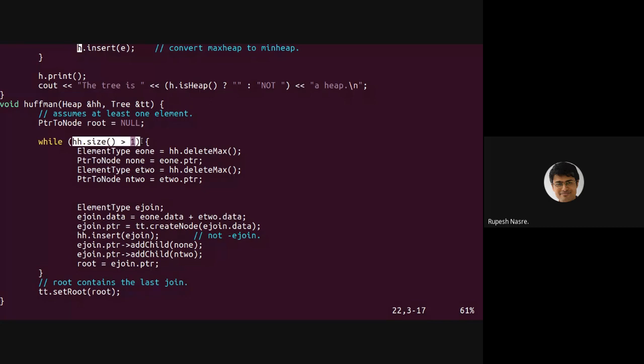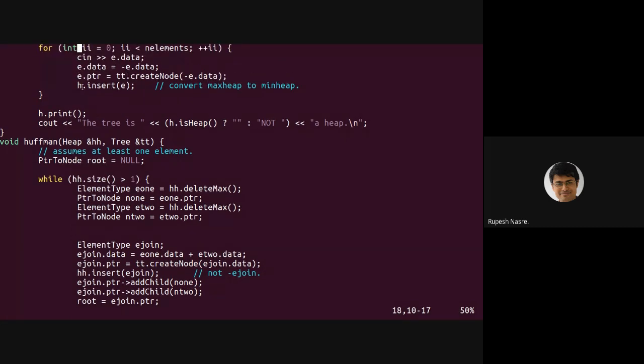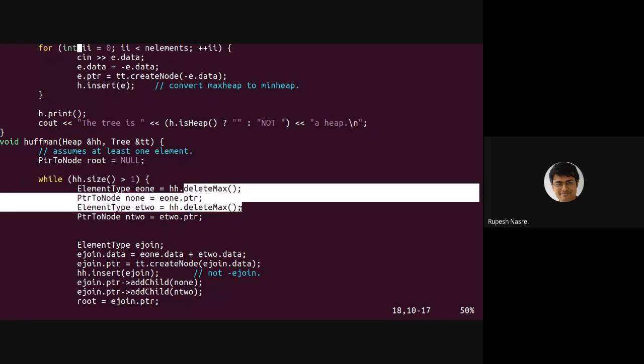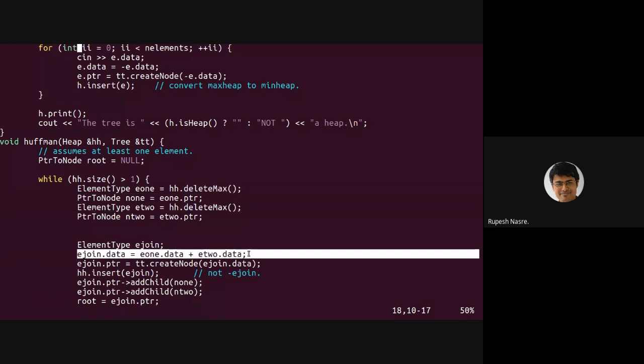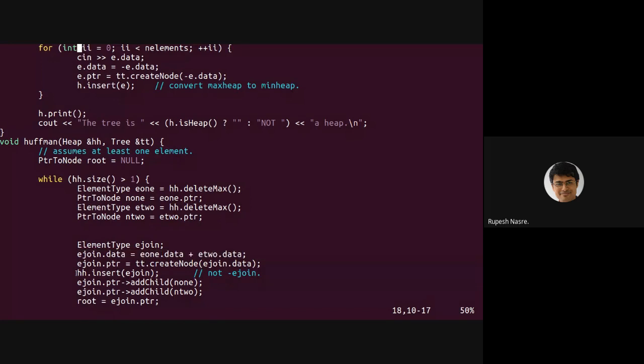While that heap contains the elements, right? So in heap, if you recall, we have inserted all the n elements. So we are going to do 2 delete max, and using those 2 delete max, we are going to create a new node having the sum of the 2 frequencies, and then join that in the heap.